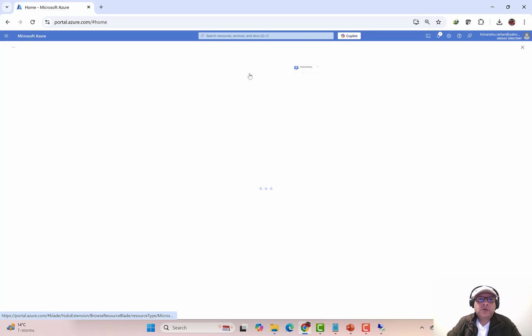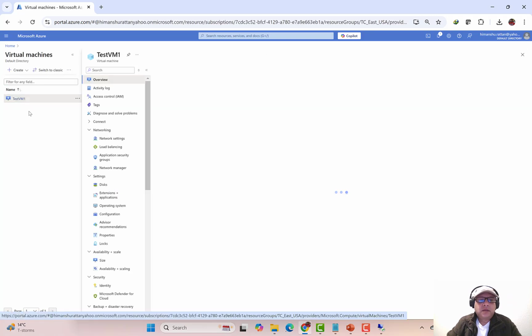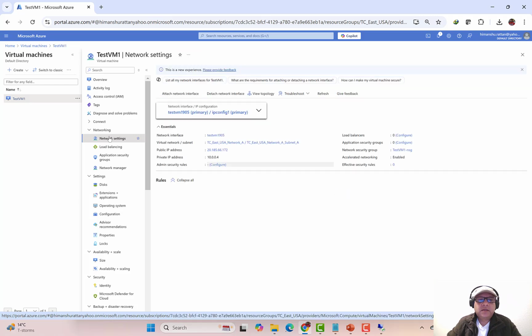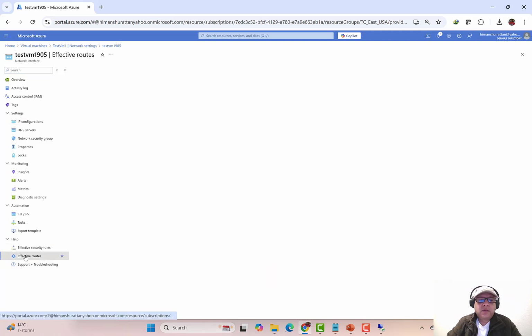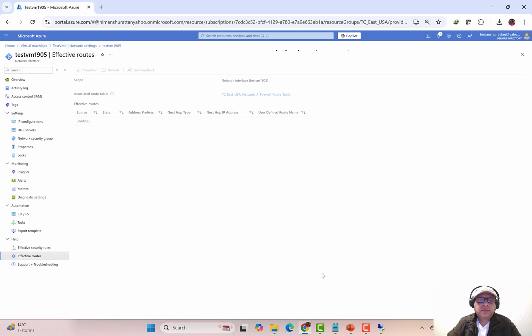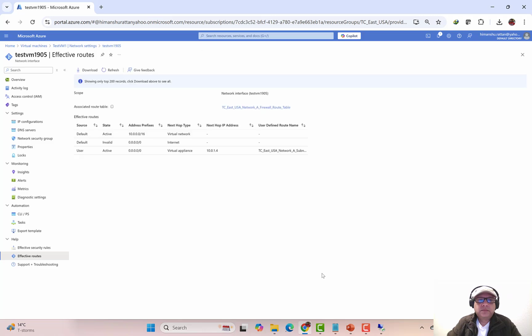Let me go to my virtual machine, click on network settings, go to the network interface, click on effective routes. So now this default route, when we created the virtual machine in the beginning, this was active. Now this is invalid. Rather, our new firewall rule is in place, and